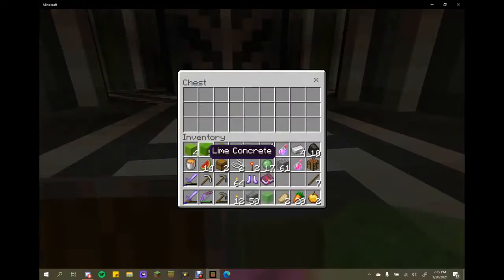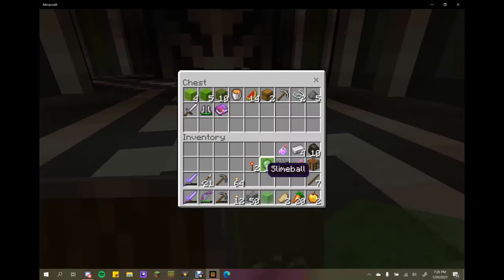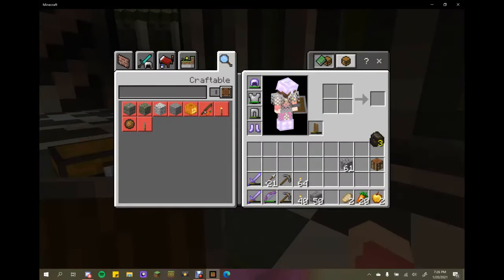I'm going to dump all our stuff off that we just got, stuff that I don't need, and then we're probably going to head back and try to clear out that entrance of that building and see if we can get started on that building